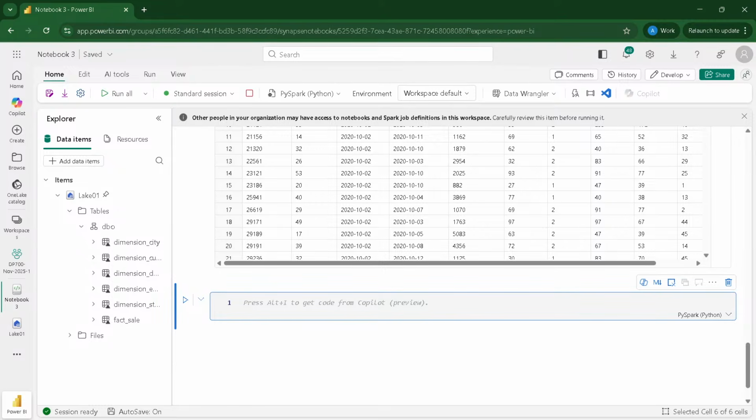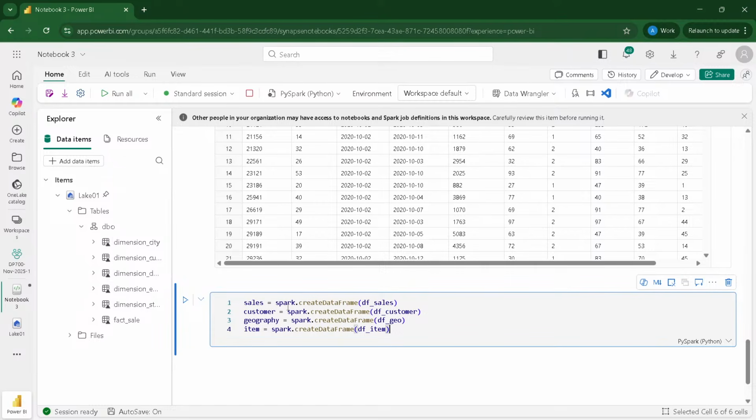Now what we created is a pandas data frame. In Spark we do have a Spark data frame. There are certain operations which you can do on a Spark data frame, and one of the additional operations is that you can save it as a delta file. To save to a delta file I need a Spark data frame, not a pandas data frame. And there are operations which can happen on a pandas data frame, so we can keep on changing from pandas data frame to Spark or Spark to pandas depending on the requirement.